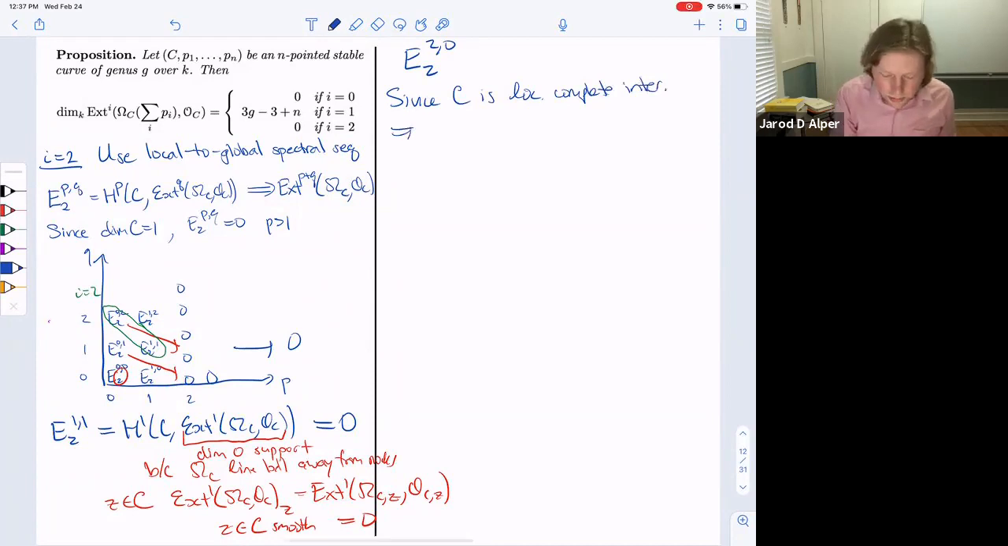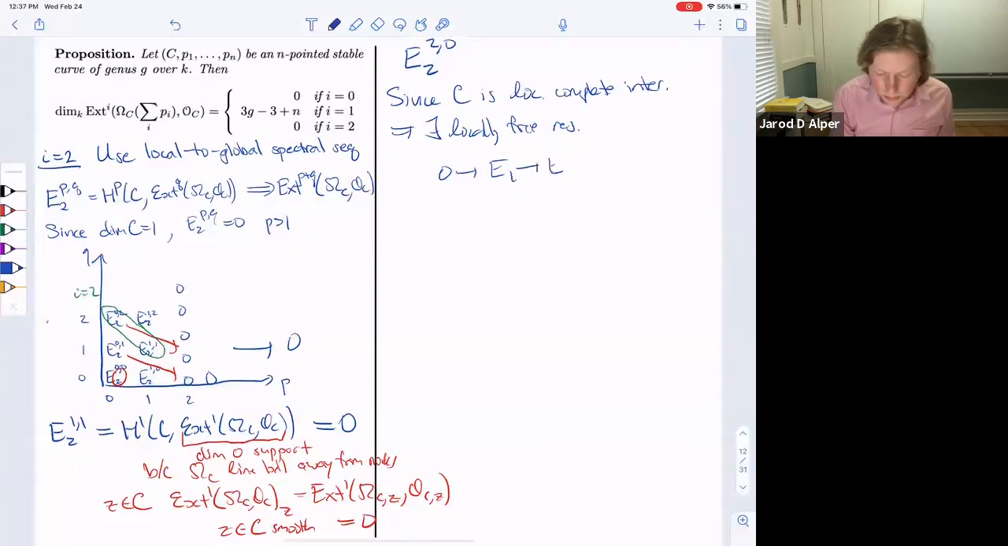And this implies that there exists a locally free resolution, maybe like this, of the sheaf of differentials on C. Maybe I should say explicitly,